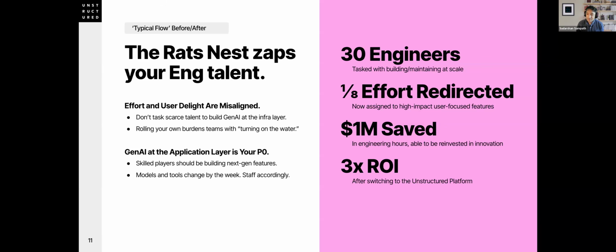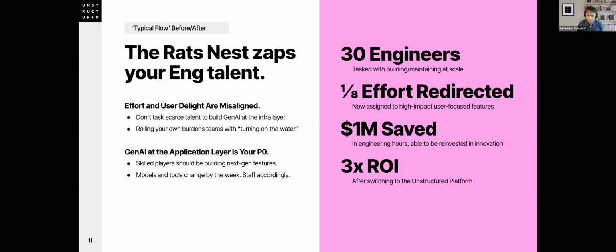We think that a lot of the effort needs to be redirected to high impact user focused features. And this is really passionate to me because sometimes I talk with folks, I live in Seattle, so I talk to a bunch of people in the Seattle tech community, and they're like, oh, I'm not sure AI is going to be this next big thing. I don't think the ROI is there. And my point to them is that the ROI is misaligned because it's all being invested to get the foundations right. People aren't building the high impact user focused features, and we want to help unlock that by providing that foundation.